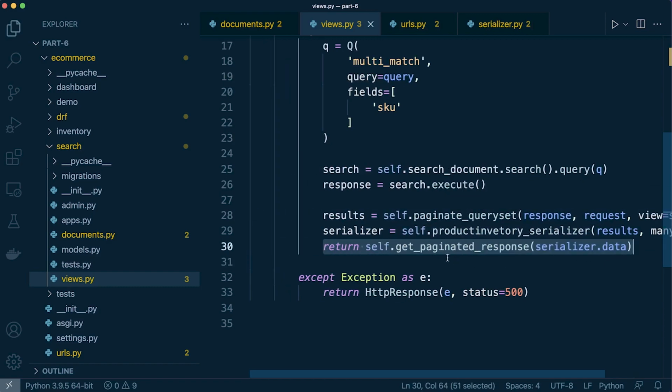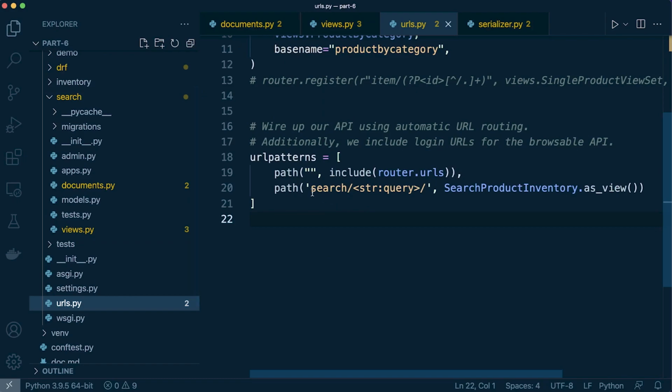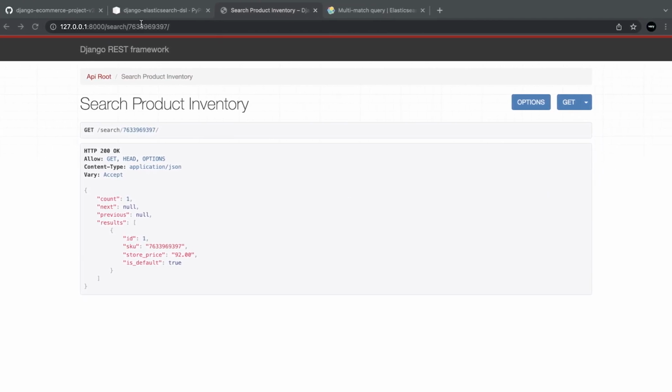By doing that, it allows us to run through DRF, so we can then go ahead and, for example, create a new URL. So the search product inventory URL, you notice that we've done that, and we're passing in the query parameter, in this case the SKU number. So let's just go through a different example here. We've got a search option now. Potentially we could utilize this as a search